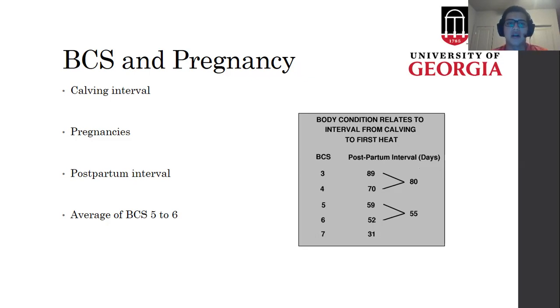What is the importance of having a good calving interval? It's because the function of our cows is to give birth. So if there's a cow that doesn't get pregnant, if there's a cow whose calving interval is 420, 450 days, that means that during those days that she's not pregnant, that she's not calving, we're just feeding a cow